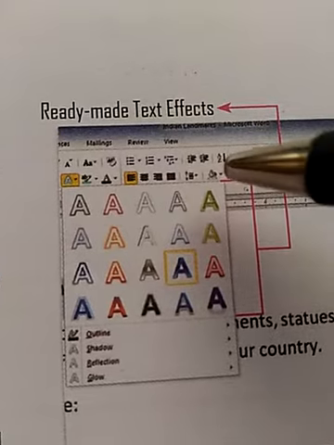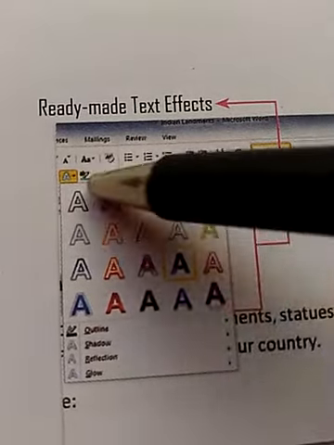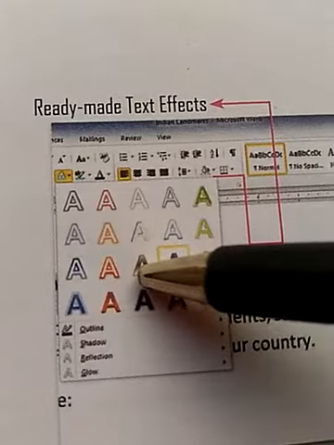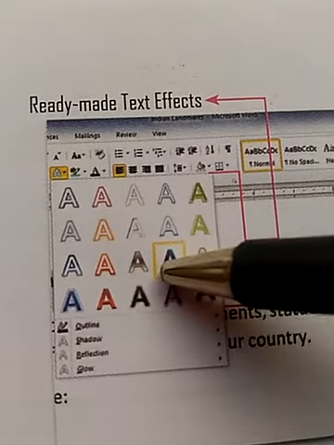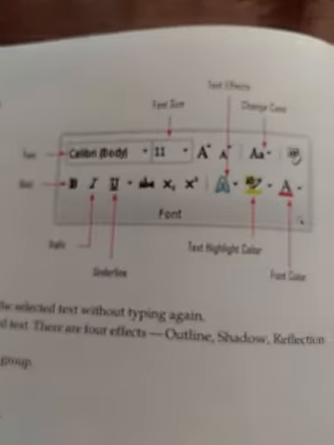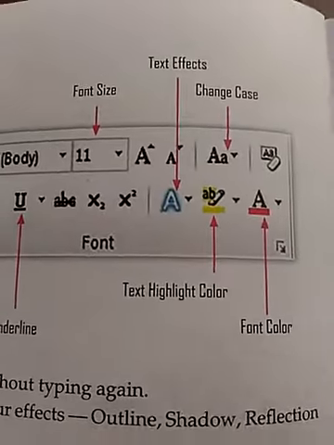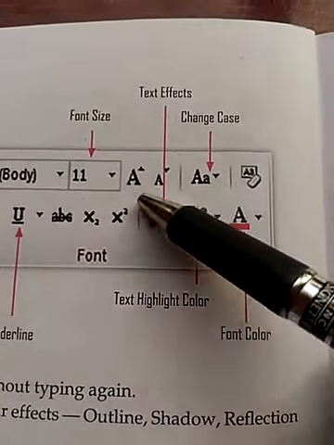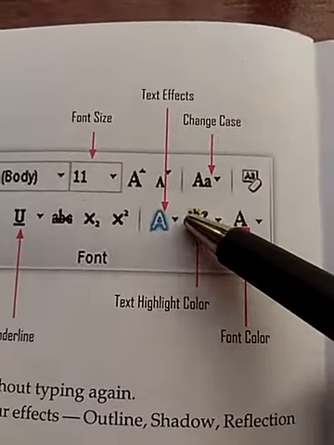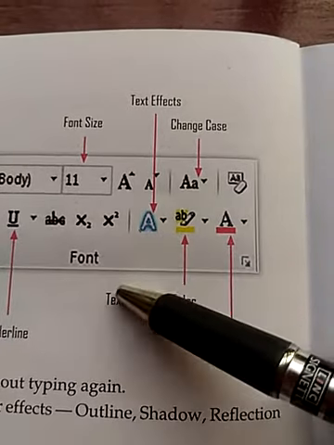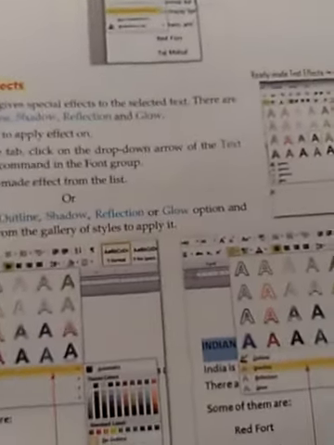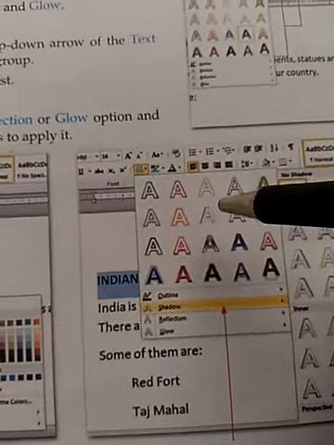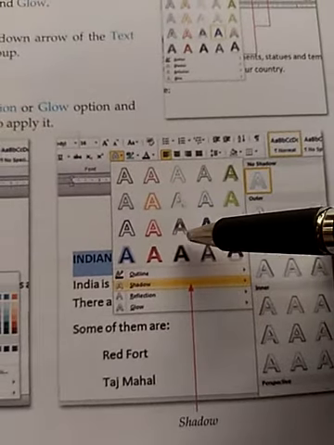After that, from the drop down list you can find many text effects available. You can choose any one and you can apply this. Text effect button is this. It is present under Home tab in the font group. So just click on this drop down box. It will show you different effects which can be applied to the selected text.